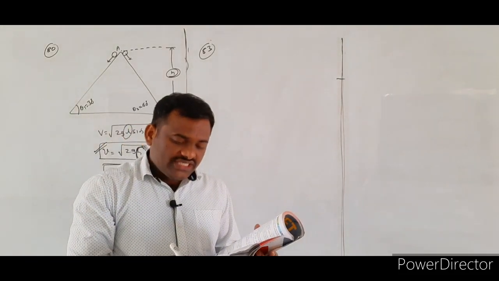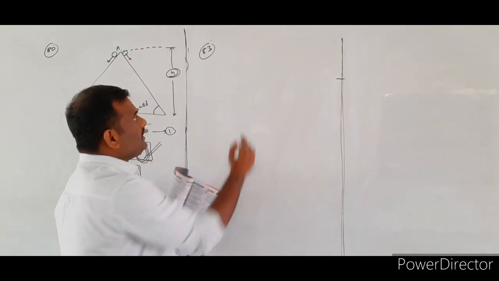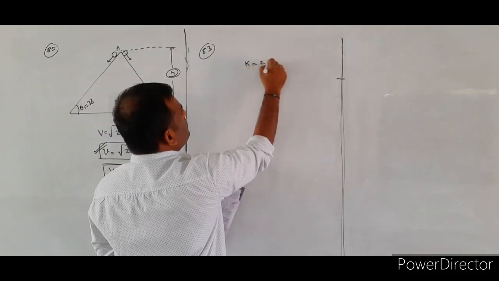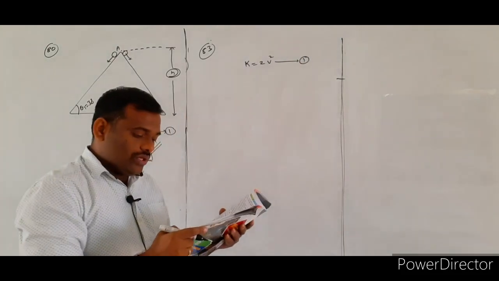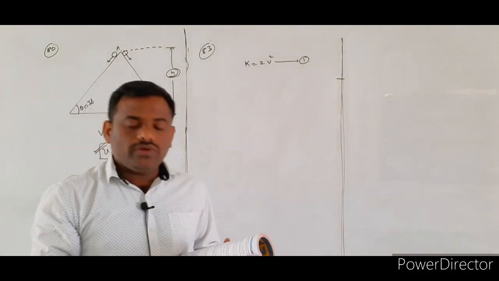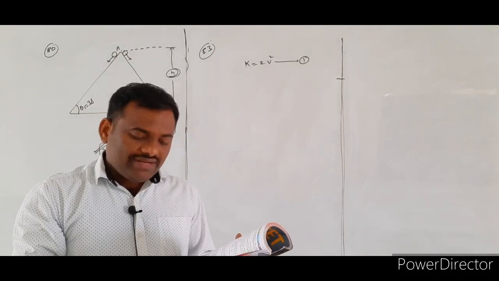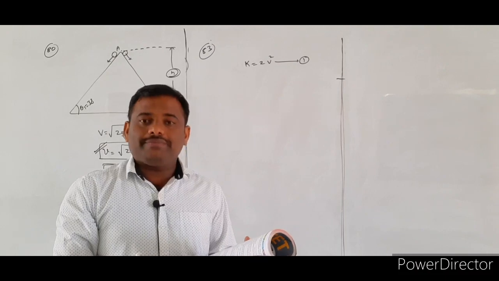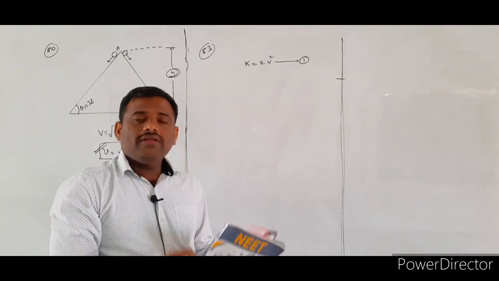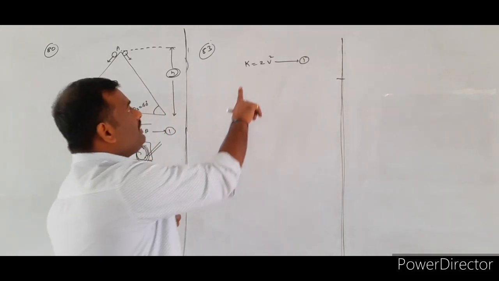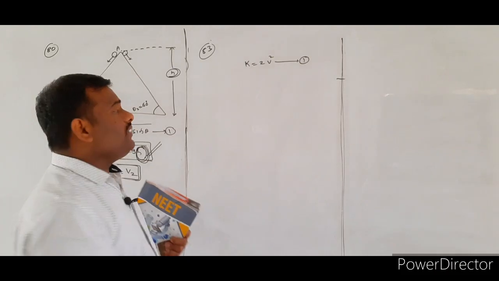The kinetic energy of a body is given by the relation K is equal to 2v square. What is the momentum when traveling with a velocity of 2 meters per second? So a body will be in motion. For the moving body, the kinetic energy will be given by the relation K is equal to 2v square. And what value are they asking?